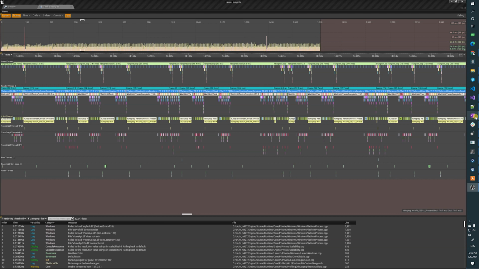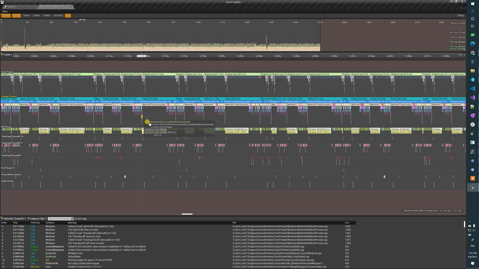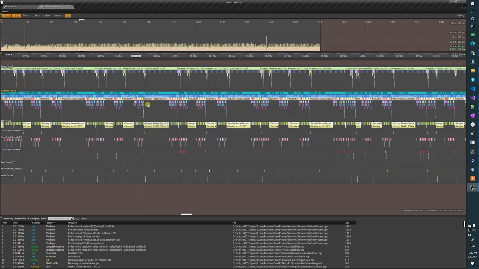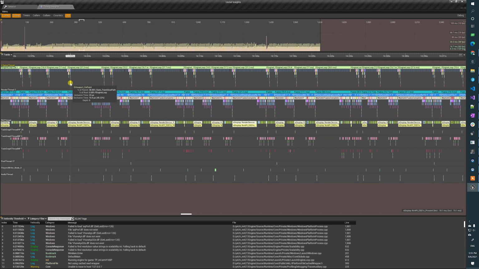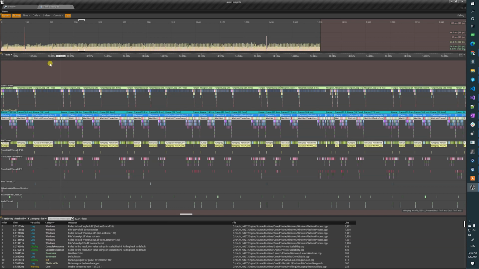Now we're going to examine other arguments that you may use to get more information. And by the way, notice that we have three main areas here. One is the game thread, which is basically calculating the status of the simulation, positions of cameras, joints, actors, etc. The render thread, which is basically issuing rendering commands for rendering your frames. And you have the RHI thread, which is basically issuing those commands to the GPU. And then we're also going to see a GPU trace up here once we enable that.